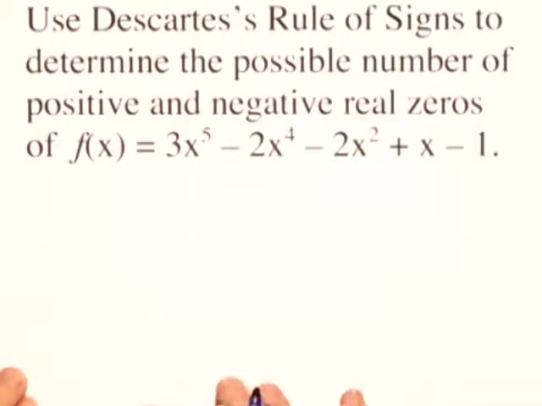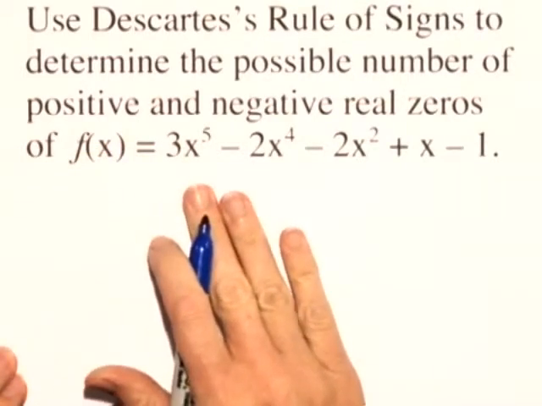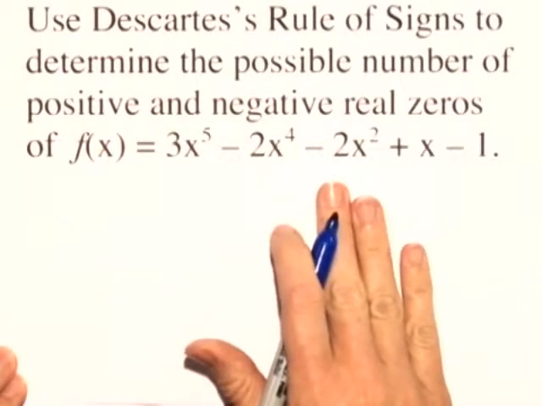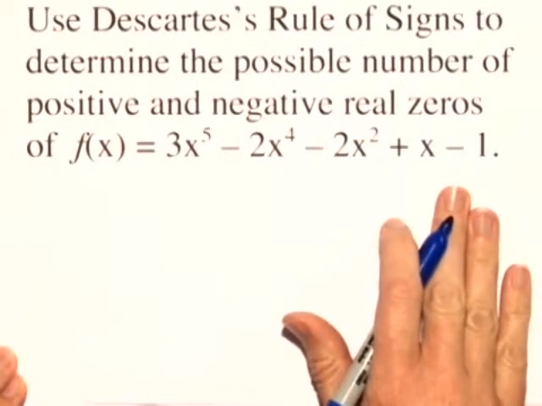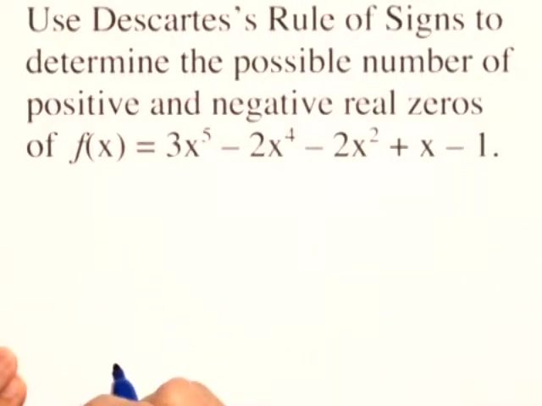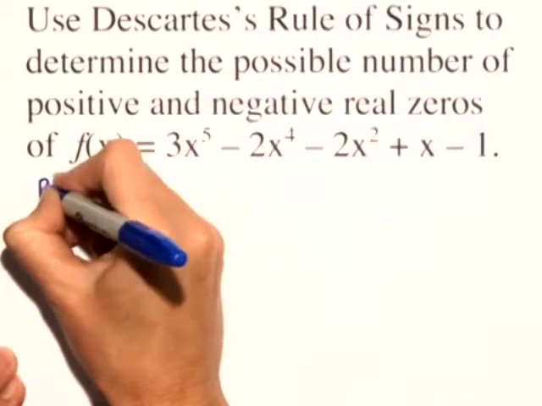For this example, we'll use Descartes' rule of signs to determine the possible number of positive and negative real roots. So, we have our function given here. F of x is 3x to the fifth minus 2x to the fourth minus 2x squared plus x minus 1. Let's first look at the possible number of positive real zeros. So, for the possible number,